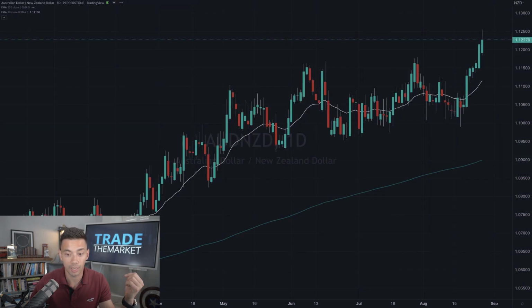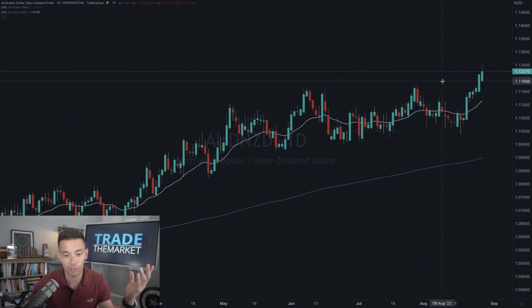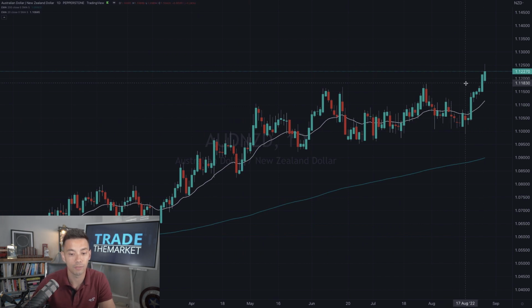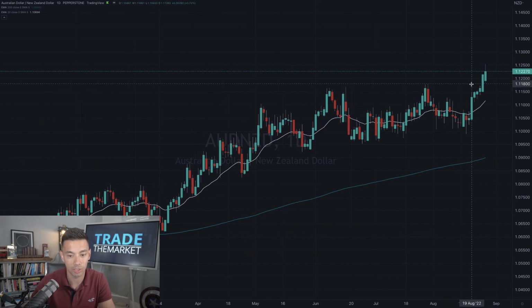The next one that I'm looking at is the Aussie New Zealand. Well, I say looking at it, I'm actually already in the Aussie New Zealand here, but I think if you weren't already in it, it's something that you could consider. I actually took this last week off the back of this momentum candle here on the 19th of August. So on Monday of last week when the market broke through the high, I got long. I spent a lot of the week just below these lows here. Perhaps I could have waited for the market to break through those highs before getting involved in the trade. But it did give me a little bit of profit.